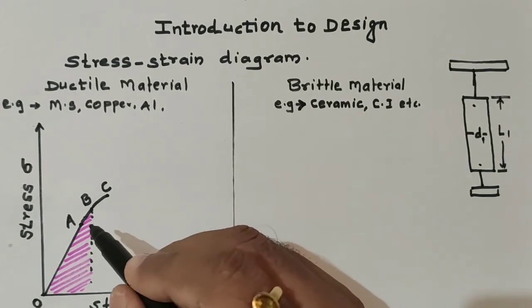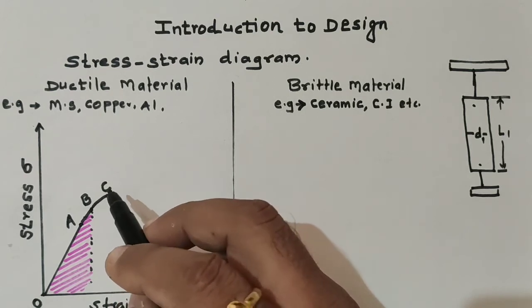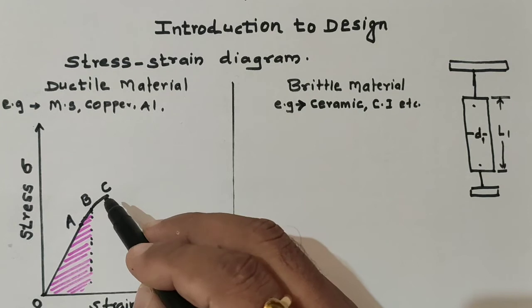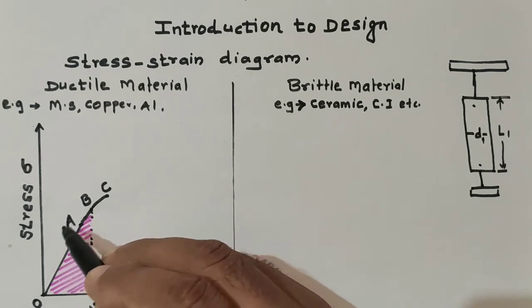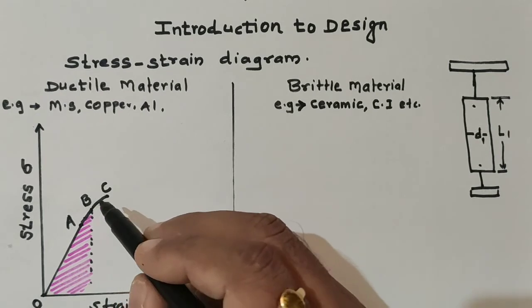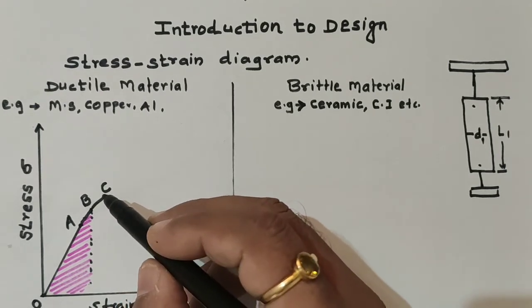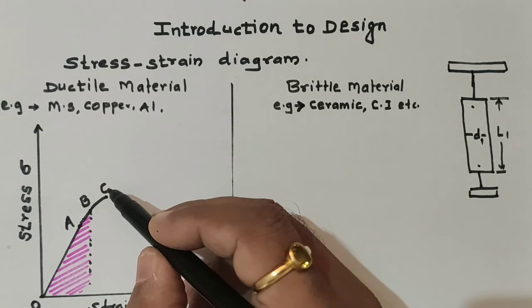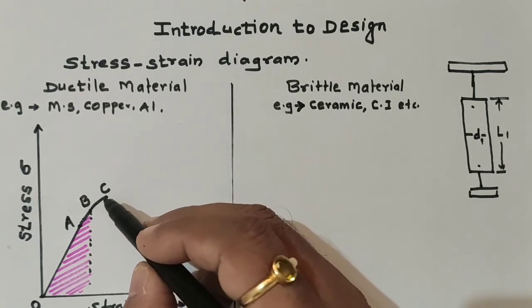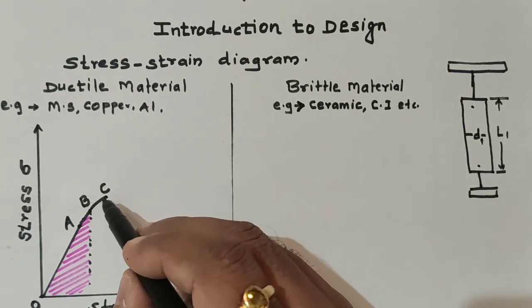That means the plastic stress will reach. Plastic means on the removal of load, the material will not recover its original shape and size. So this point C is known as the upper yield point. Now further addition of small load